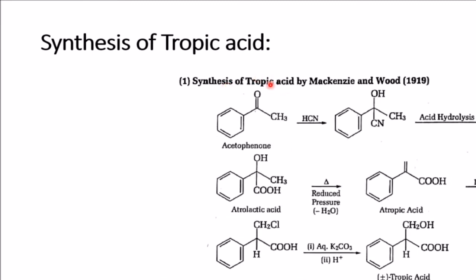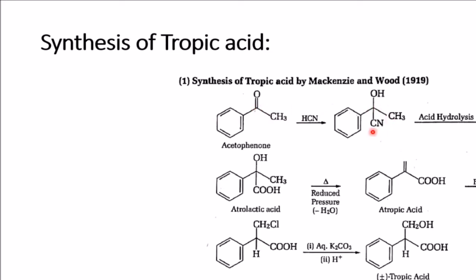Here is the synthesis of tropic acid by Mackenzie and Wood synthesis in 1919, where acetophenone is treated with hydrocyanic acid or hydrogen cyanide and it is going to give an adduct here, and we're going to get this adduct on hydrolysis. It gives atrolactic acid, which on heating at reduced pressure loses one water molecule and we're going to get